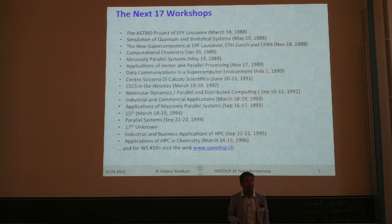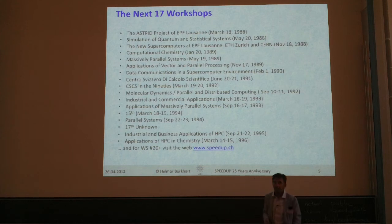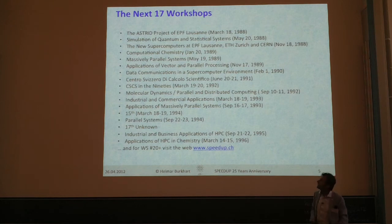There have been 17 workshops since then, Peter, which I could document more or less. There was the ASPI project workshop over here, and then we had all mixtures of applications, of architectures. There are some unknown, at least from my side, not everything is here. So we had these